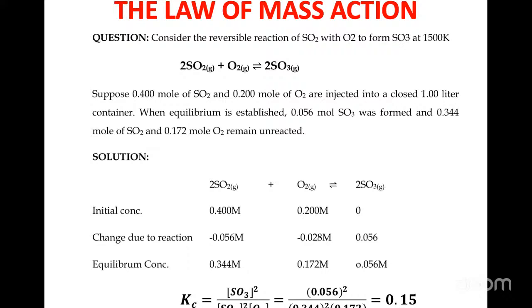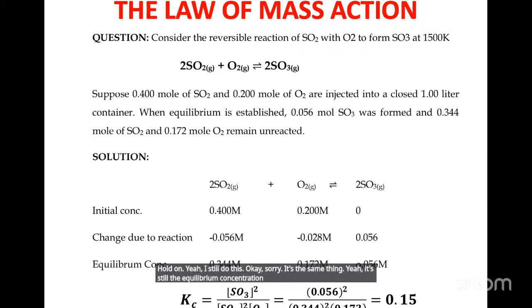Hold on. Yeah, it's still this. Okay, sorry, it's the same thing. So it's still the equilibrium concentration. I thought they were saying that was what reacted. So that is still the equilibrium concentration. So what you have here are equilibrium concentrations, because there are times when what you are given is just what